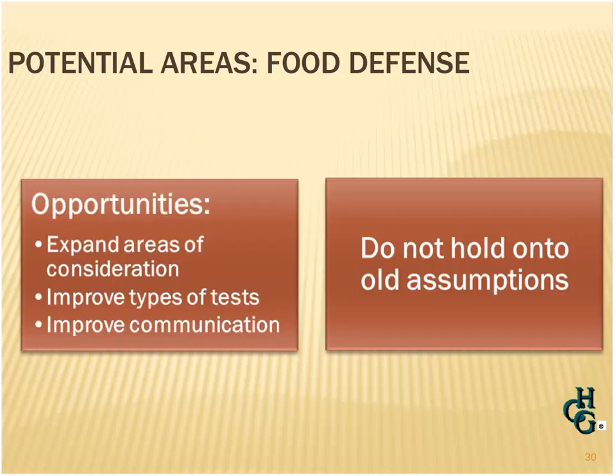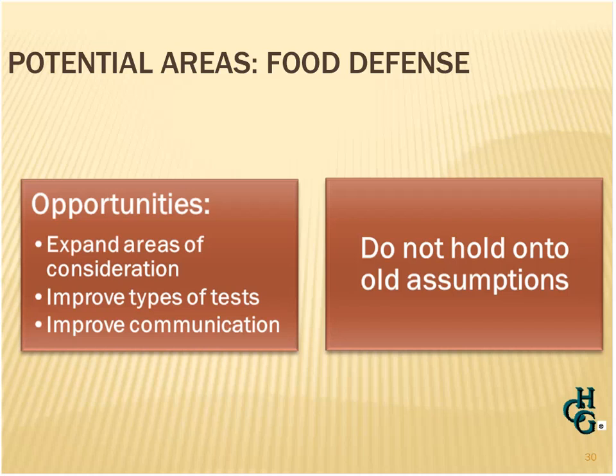Another area for opportunity is your food defense system. Just think about recent events. We had two very real events in our country. One was the explosion in Boston, and the other one was the finding of ricin in the mail. These are terrorist events, which reminds us that our food defense system needs to be in place, not just to satisfy the code, but to protect our business and to protect our customers and to protect ourselves.